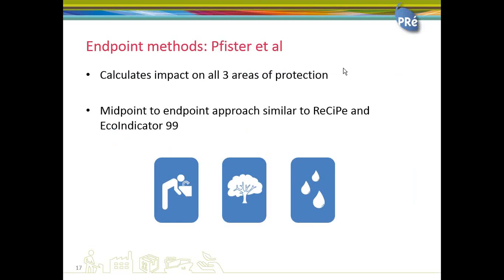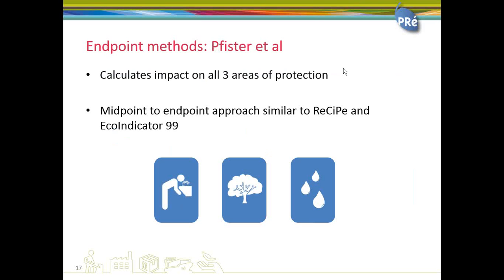So if we look at Pfister's method, his method is quite complete in the sense that it calculates impacts in all 3 areas of protection, all 3 endpoint indicators. Another advantage is that the way he calculates from midpoint to endpoint is similar to the approach taken in ReCiPe and Eco-indicator 99, which are well-known impact assessment methods. So that's good. It's complete and compatible with other methods. However,